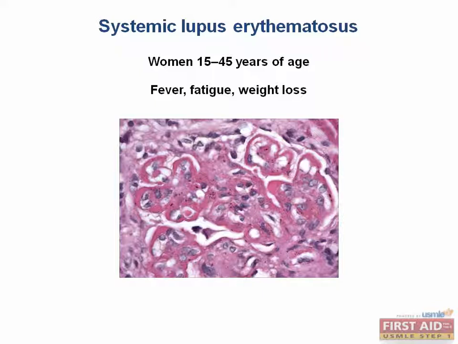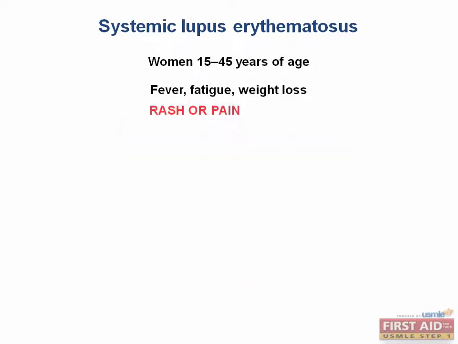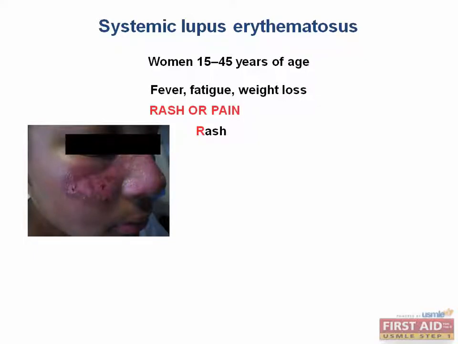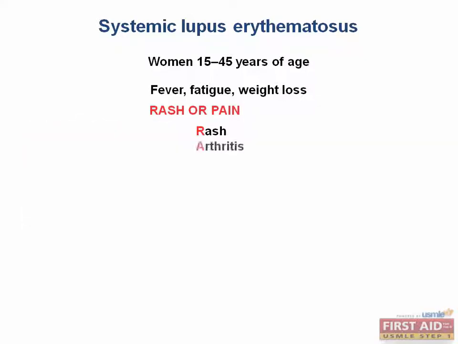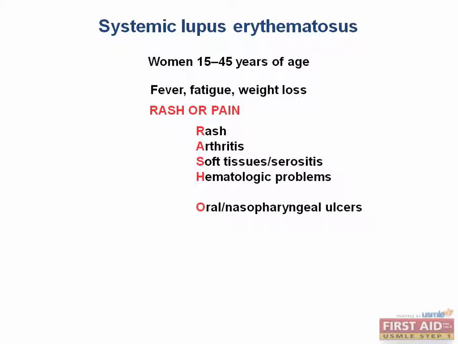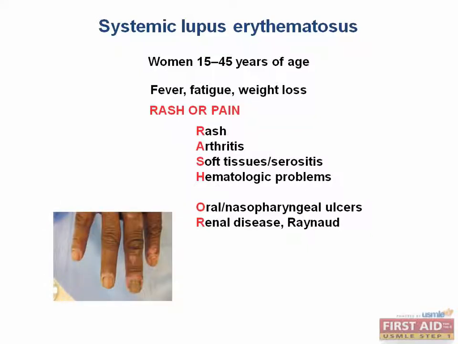Now, although the symptoms and associations with lupus are pretty numerous and varied, the ones you really need to know are captured in the mnemonic rash or pain. The first symptom is rash, such as the malar rash seen here. There's arthritis, soft tissue symptoms, hematologic problems, oral and nasopharyngeal ulcers, renal disease and Raynaud's phenomenon,